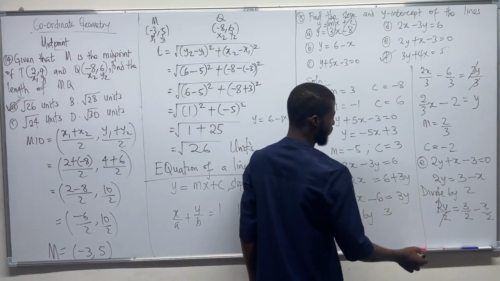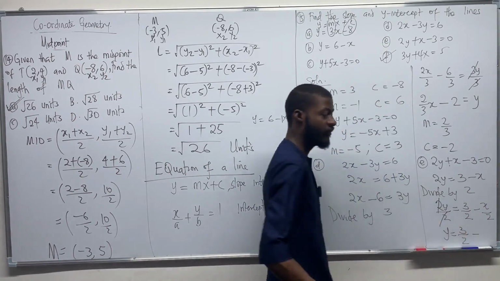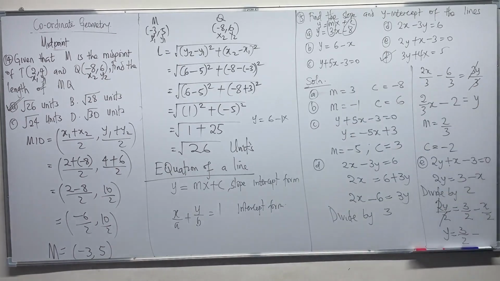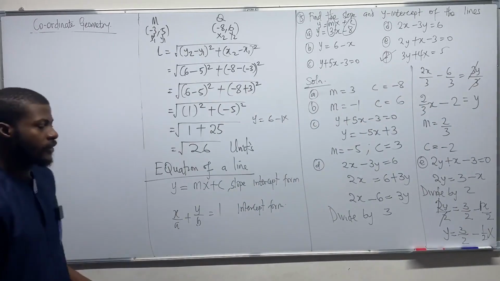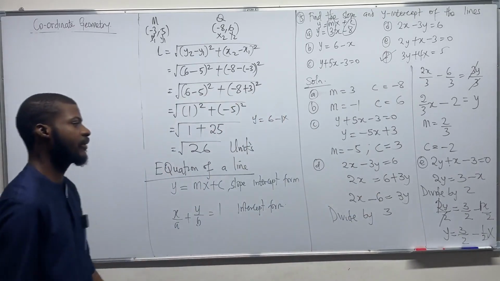So we cancel out 2. This is y equals 3 over 2 minus, now be very careful here. There's actually an invisible 1 with the x. So this is actually 1 over 2x. It's 1 over 2x. Okay, so what do I do next? What do I do next? I'm going to be saying,